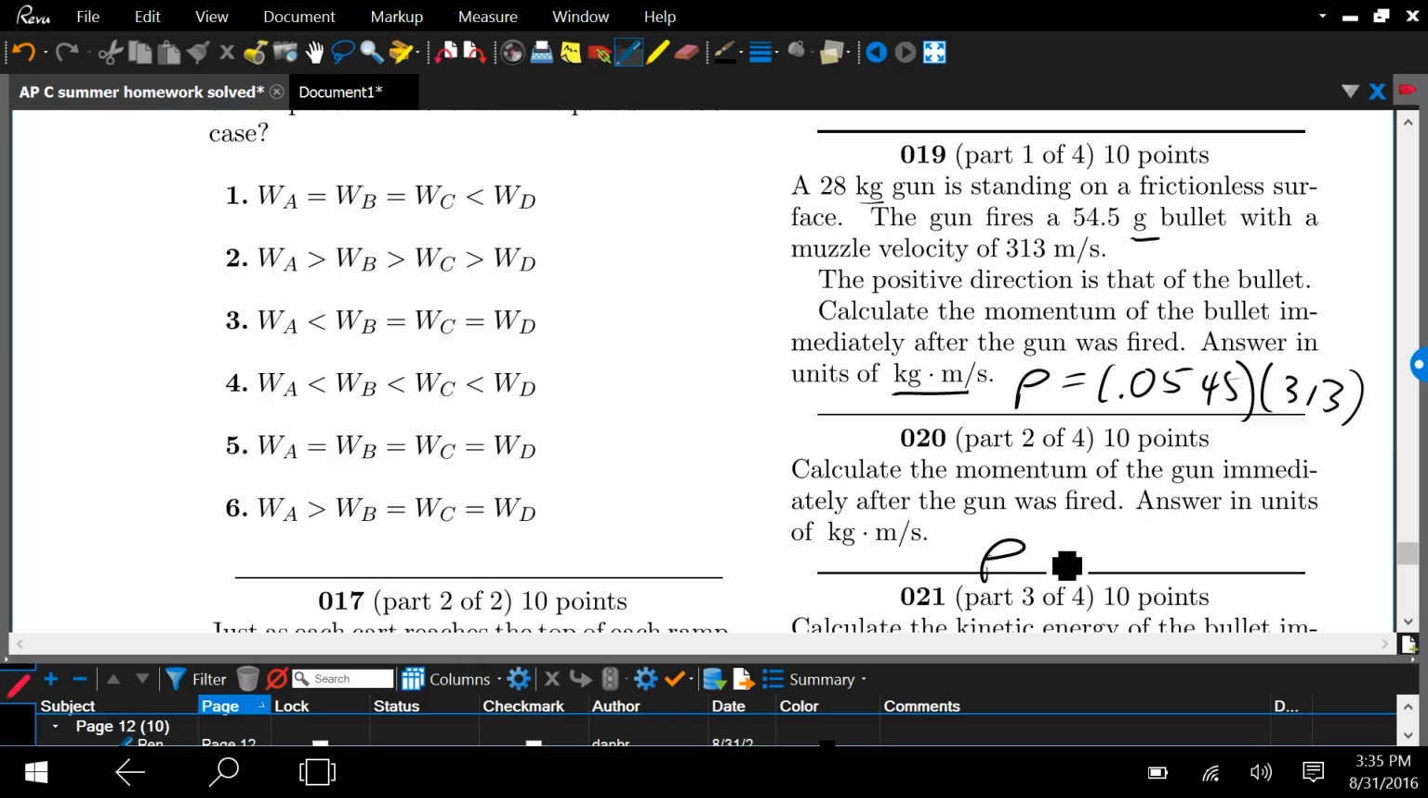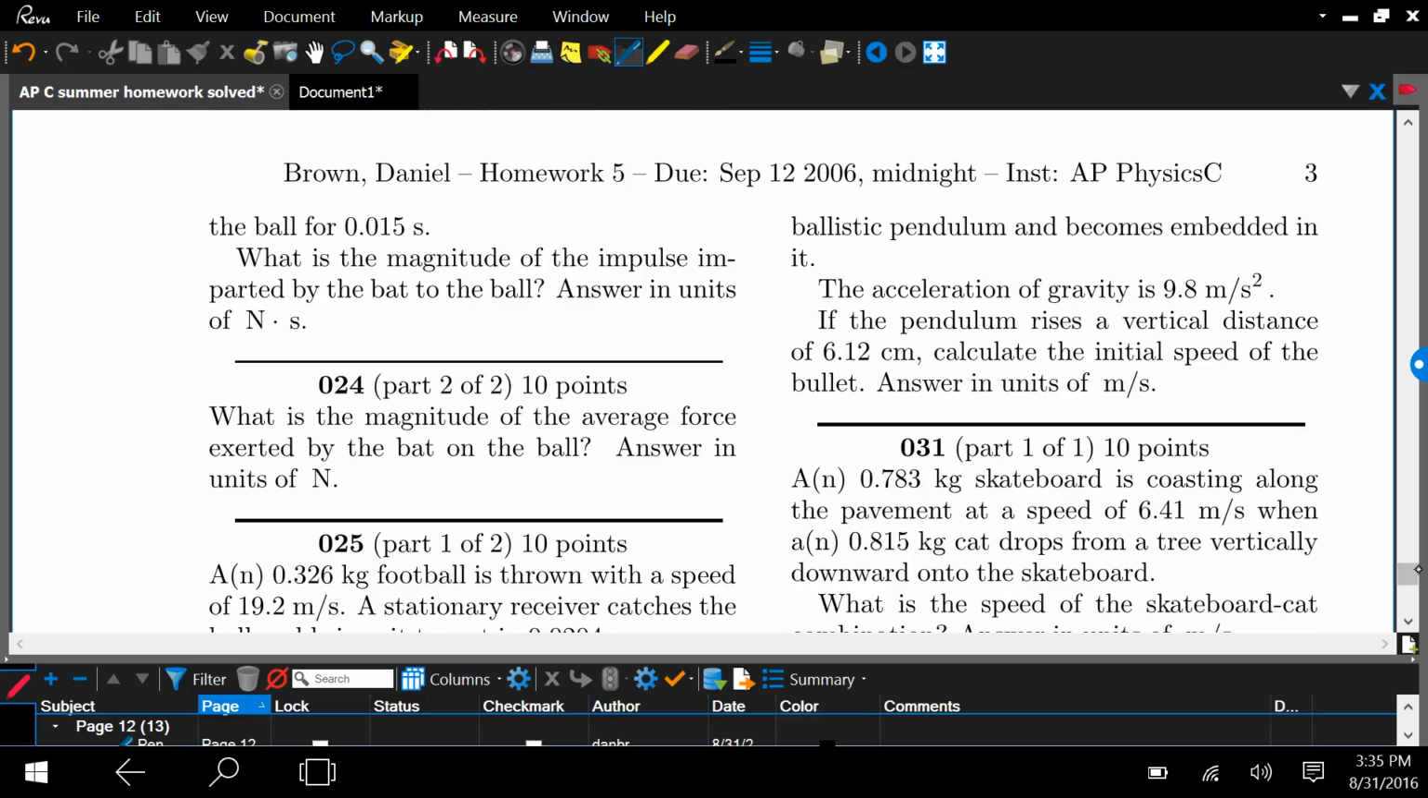So whatever answer you get for 19, you can plug it in for 20 as well. One of them would have a negative momentum, and it does tell us the positive direction is that of the bullet. So number 20 would be a negative answer, since it is the gun recoiling backward. And the next question here asks us